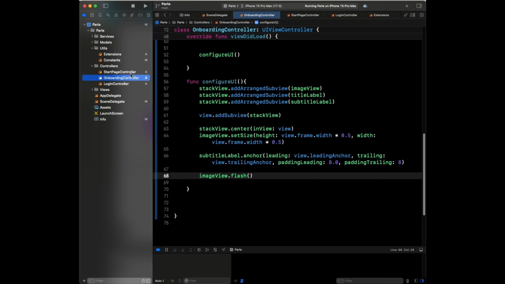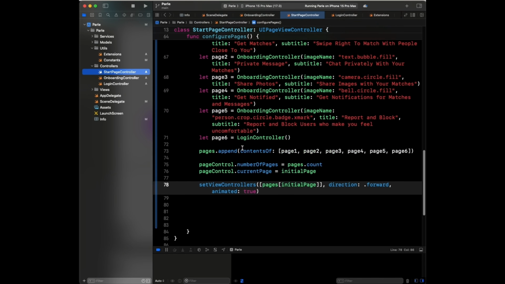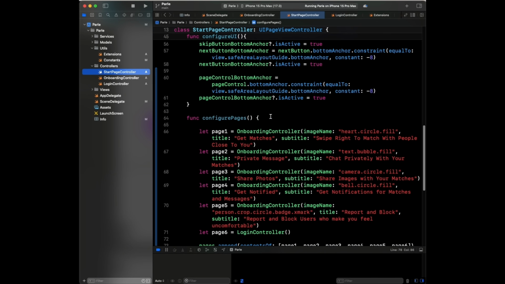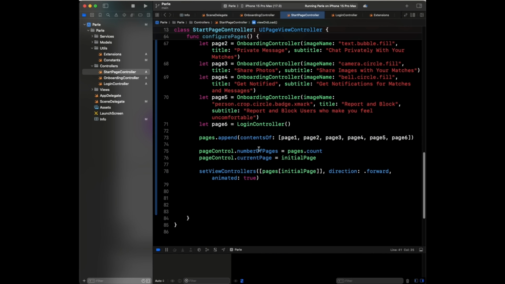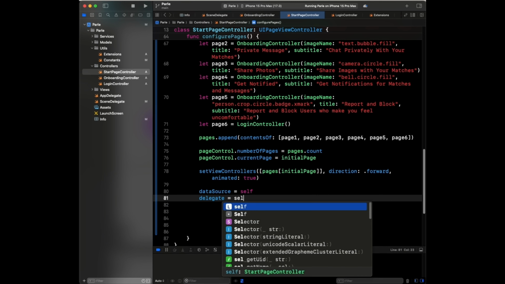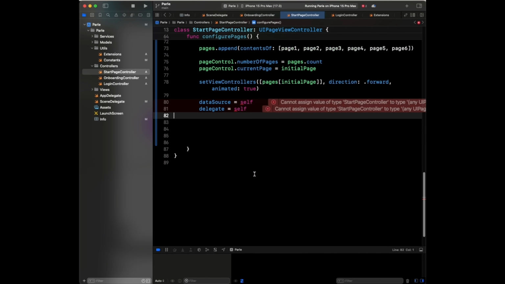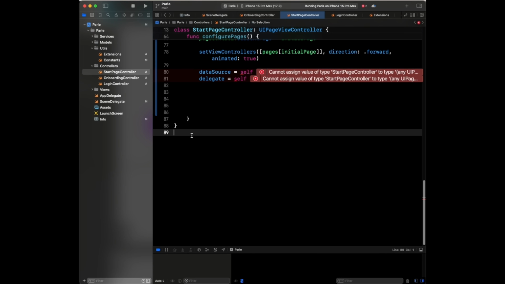So let us go back to our start page. You could do it in the configure pages because it's related to the pages, or you could do it in the view did load, right? I'm going to do it in the configure pages. So we come here and say the data source is going to be self, and then the delegate is going to be self, right? So we do that, it's going to complain, and the reason it's going to complain is we need to create extensions, and these extensions are going to be for the page view controller